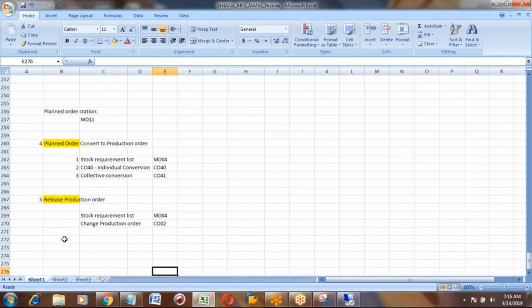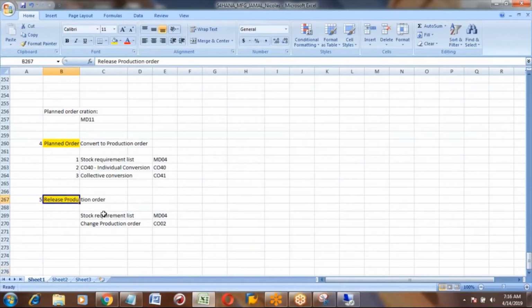Release means ready for manufacturing. Without release you cannot manufacture. You must release the production order, then it is ready for manufacturing. So that is the purpose of production order release.